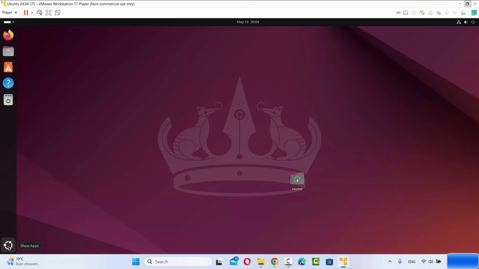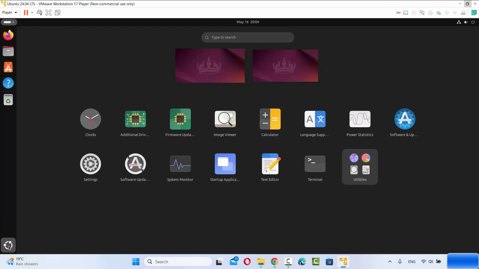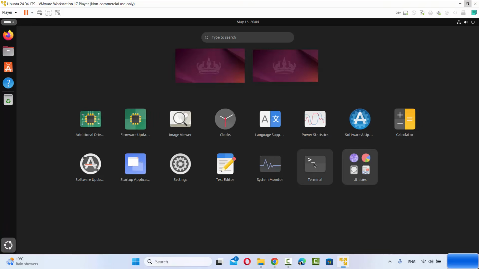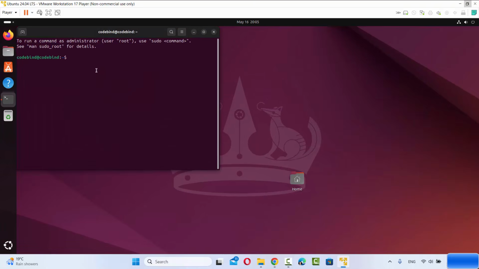So here when I click on show apps icon, I can open the terminal or I can open any installed app which came already pre-installed in my Ubuntu operating system. So let me open the terminal here and you can see the terminal has been opened and I can start using this terminal. So this is how you can install Ubuntu 24.04 LTS version on your Windows 11 operating system